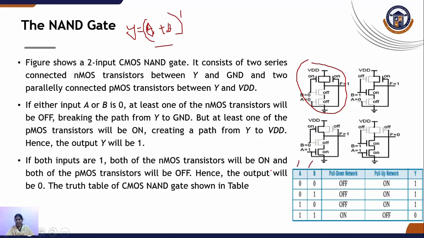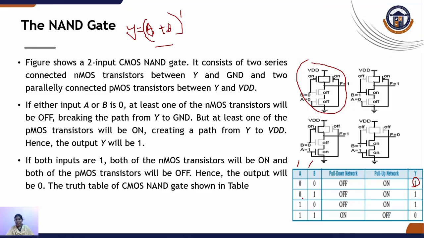We are giving the value 0, 0. Now we check the NAND gate logic in our CMOS logic with the truth table. When we are giving 0, 0, this is the pull down network, and this is named the pull up network. 0, 0 means both NMOS transistors are off, and both PMOS transistors are on. So there is a path between VDD and output. So automatically the output value equals 1.